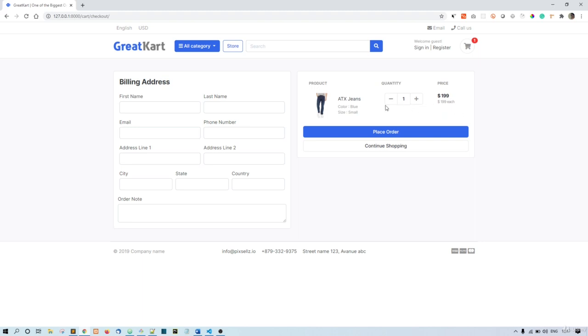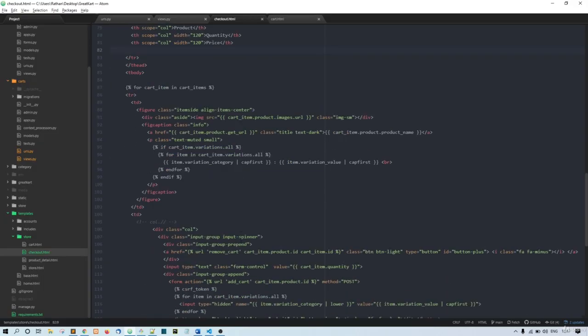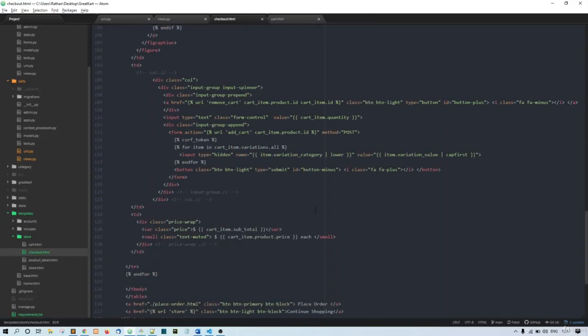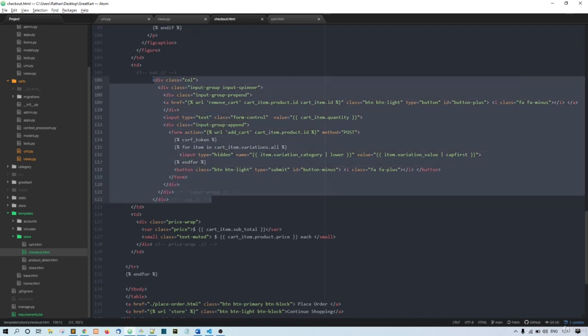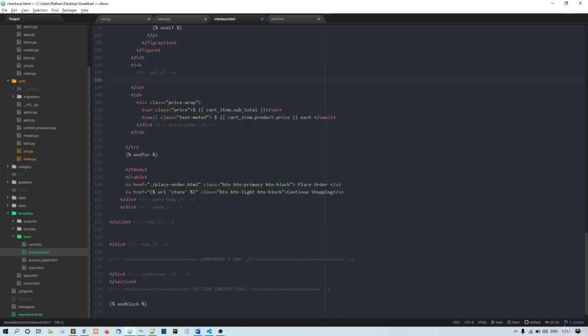Now there is no remove button. I don't need this plus and minus from here also. This is the column, so we have the td. Instead of all those plus and minus buttons, I'll just say label